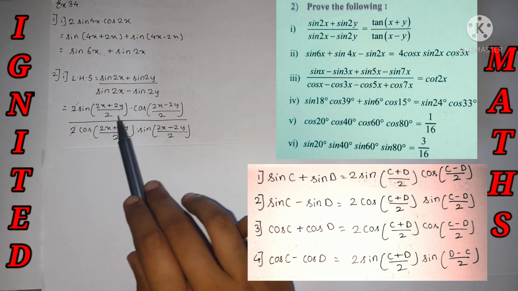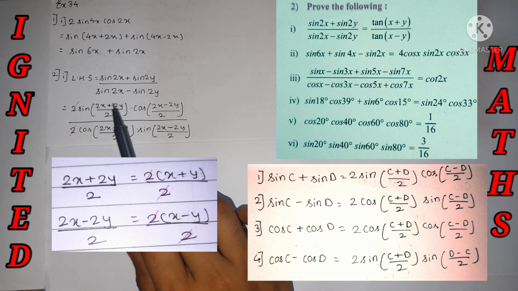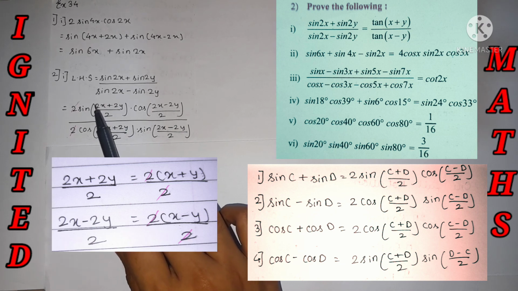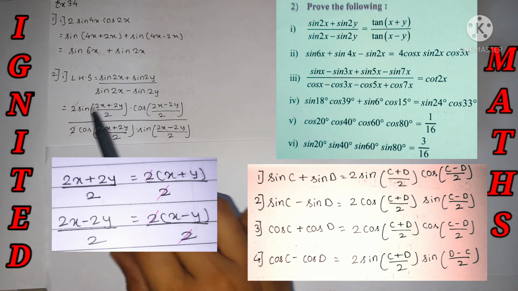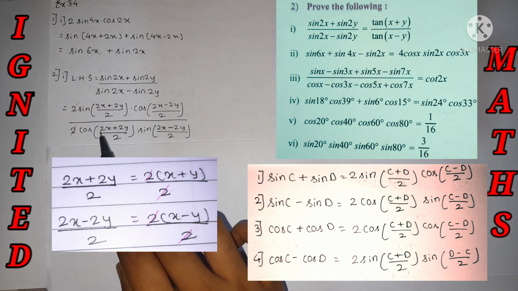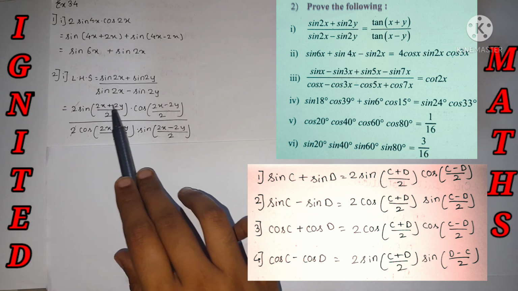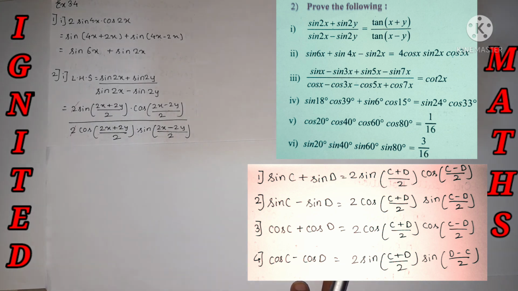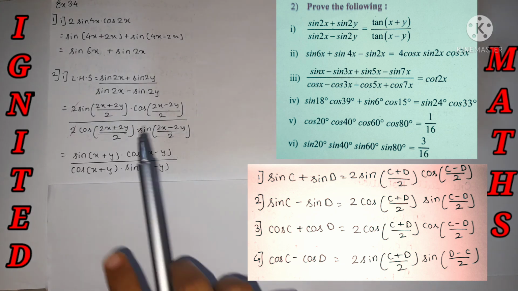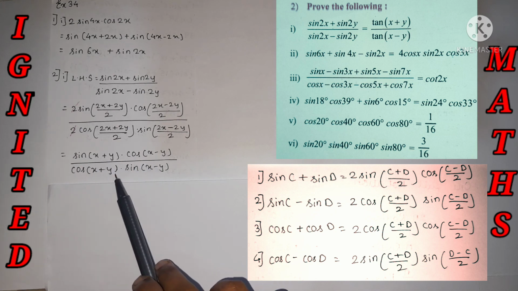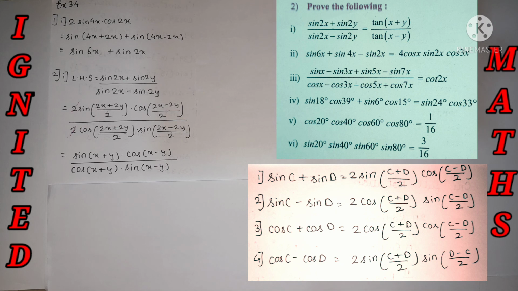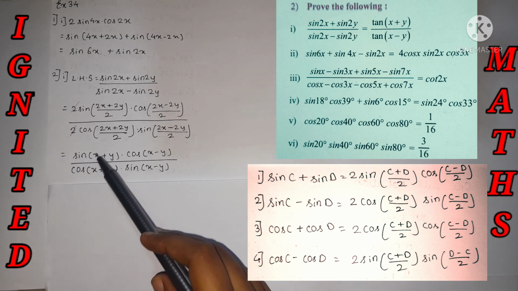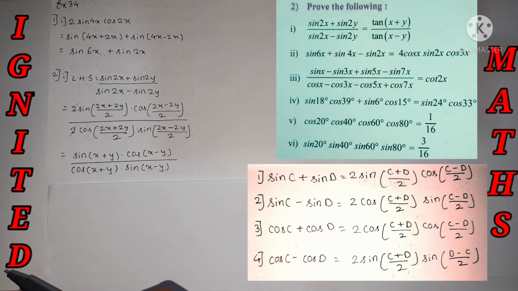At the numerator, 2x plus 2y, 2 is common, so take the 2 common and in the bracket it will come as x plus y. So this 2 and this 2 cancel, each and everything will be cancelled. So the remaining part is, at the numerator, sine of x plus y into cos x minus y, and cos of x plus y into sine of x minus y, because these 2 are cancelled when we took it as common. So sine by cos in the form of x plus y is in the form of tan x plus y.